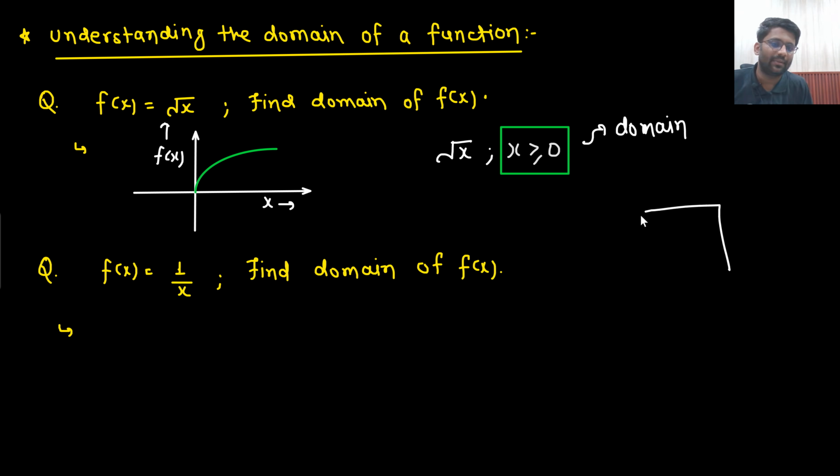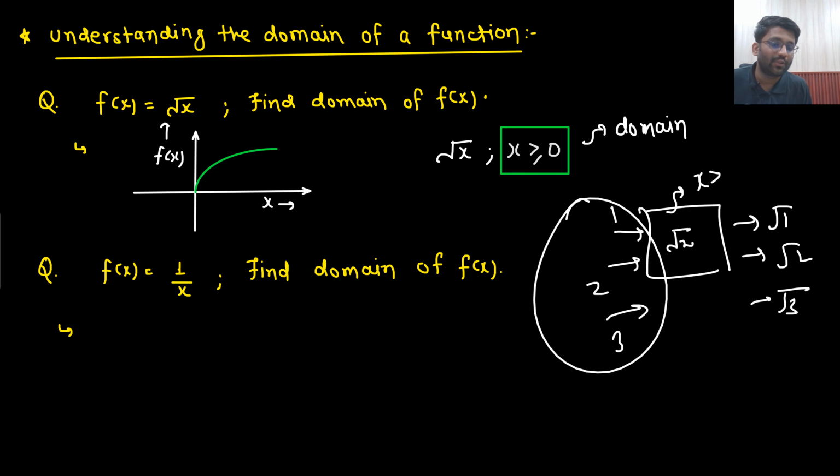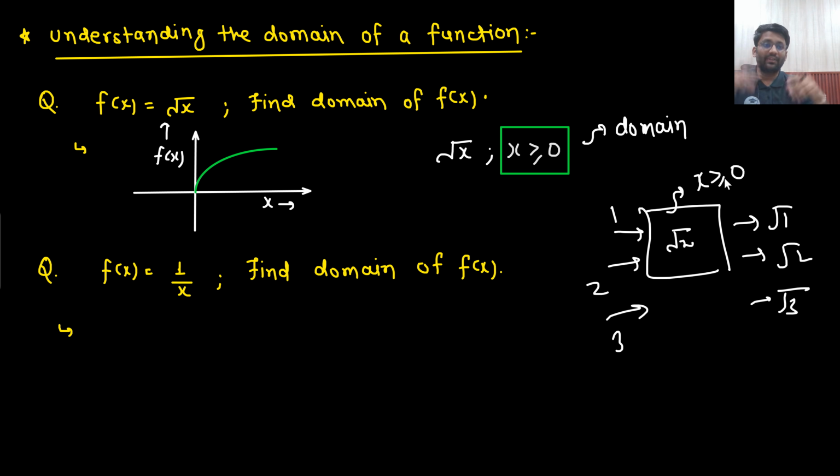Basically, if you design a system which is doing the job of under root x, if you apply 1, the answer is given as under root 1. If you apply 2, the answer is under root 2. If you apply 3, the answer is under root 3. So when you design this particular block, you will put up a note and write down one thing: if you are applying some input, make sure that input is greater than or equal to 0. On this chip, or whatever the block that you have designed,